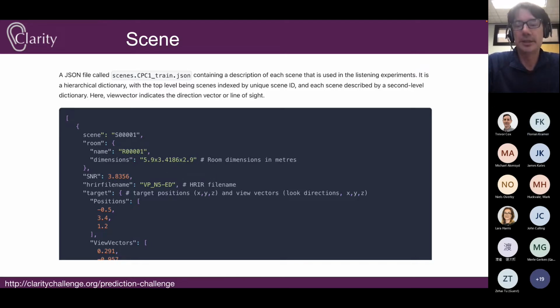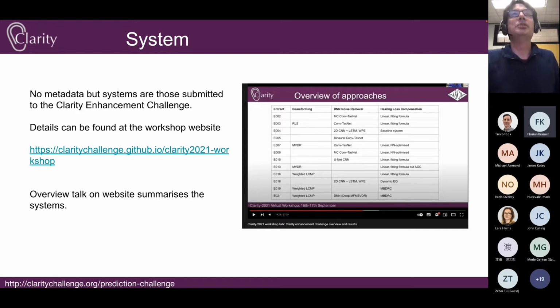So that's the listener and the scene, and the final component is the system. The systems are the systems that were submitted for the Clarity Enhancement Challenge. We haven't got any metadata about those, but you can actually find descriptions of all these systems if you go to the Enhancement Challenge workshop website. So there's a link there to our Enhancement Challenge website. If you go there, you'll find